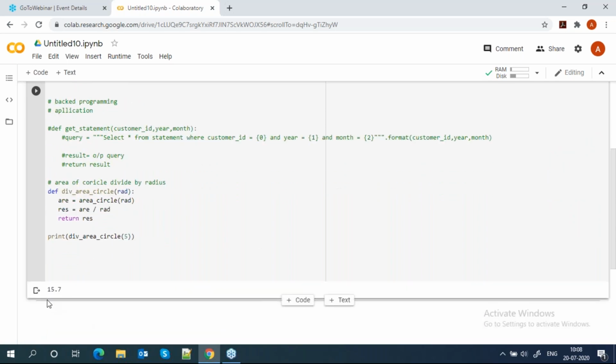Got it? Here we got the value 15.7. So this is how we are using a function. It means we can reuse this logic again and again. Here also I can calculate the area of the circle, then divide. But here we have one function which is returning the area of circle, so no need to write this logic again. Just call this function here and pass the parameter. Whatever the function returns, it will be stored in this, and I can use it in my particular block.